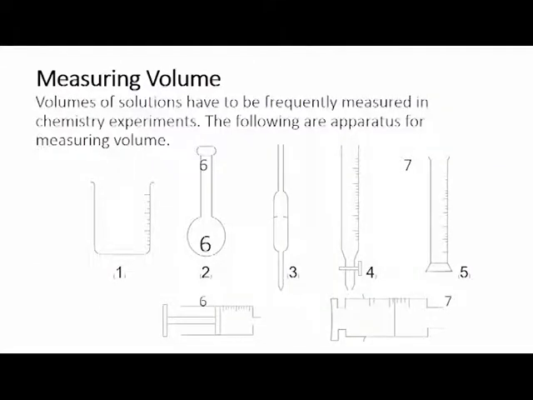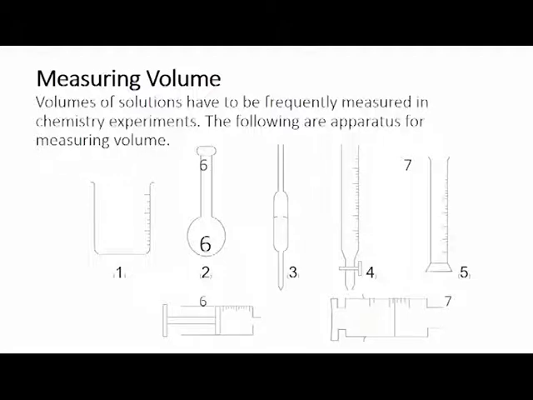The first topic is measuring volume. It's part of experimental techniques. There come diagrams of different apparatus that can be used to measure volume. It's always challenging for students to identify these, and students are urged to know the names of the apparatus. Numbered from number 1, it's a measuring cylinder. Number 2 is a volumetric